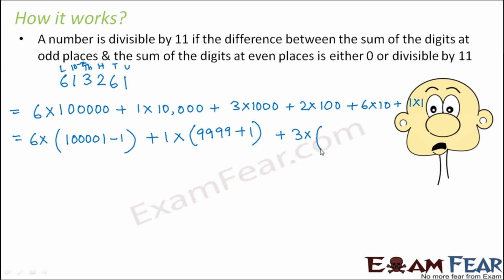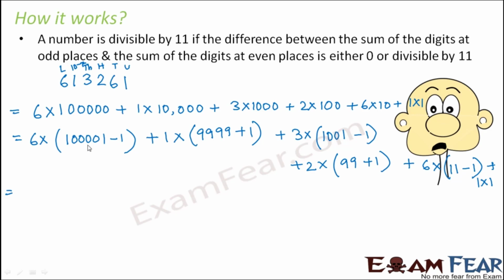Now you see how beautifully we will arrange these numbers. 1000 again, if you write 1000 as 999 plus 1, 999 is not divisible by 11. But if you write it as 1001 minus 1, 1001 is again divisible by 11. So this is a better way to write it. Again, when it comes to 100, you write it as 99 plus 1 because 99 is divisible by 11. When it comes to 10, you do not write it as 9 plus 1. Instead, you write it as 11 minus 1 because 11 is divisible by 11. And this is how we have very smartly written the expansion in a way where a lot of terms are now divisible by 11. And that is what we wanted.